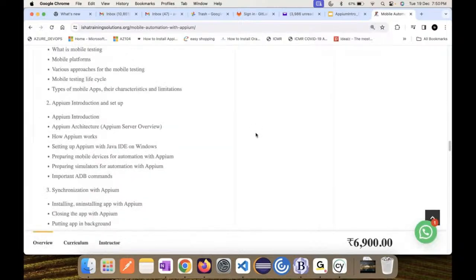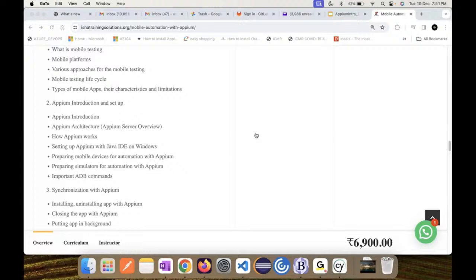Just to brief you, we'll first take an introductory session, which is like a demo session. Tomorrow we'll start with what is mobile automation, what are native, web, and hybrid applications, and all those differences. Those who don't know can make use of that introductory session, and then quickly we'll jump on to the installation of Android Studio and Xcode.